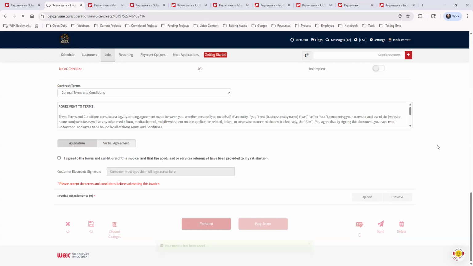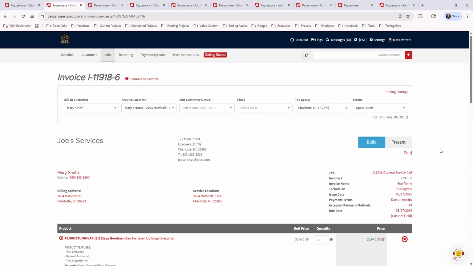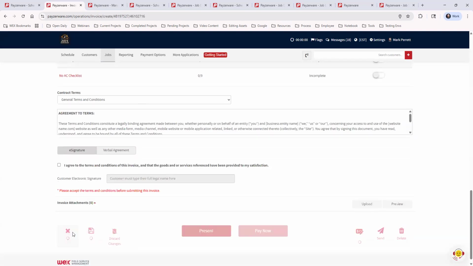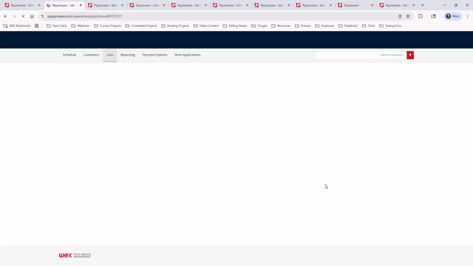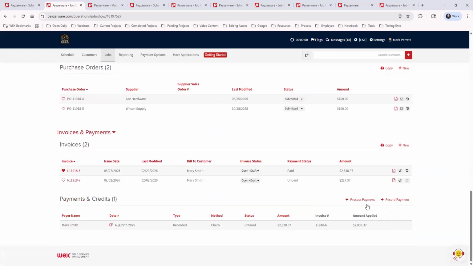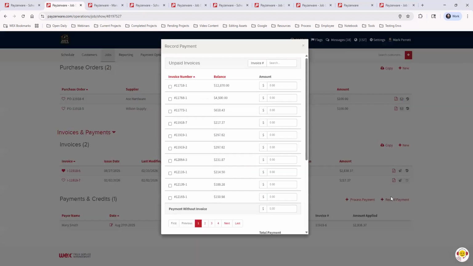But you can also take a payment from the payment section directly. If you already know that your invoice is good to go, you don't have to open it to edit it to take payment. You can actually just hit the payment section. I could just record or process a payment. And then I would just want to make sure I'm searching for the invoice. So